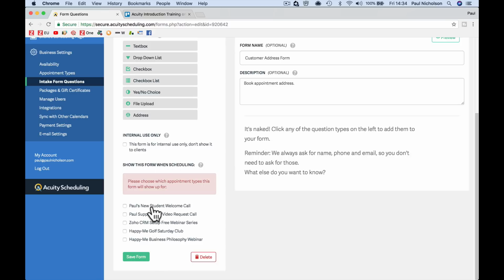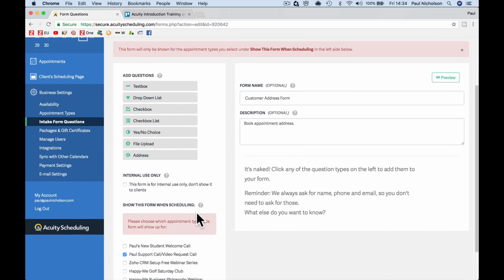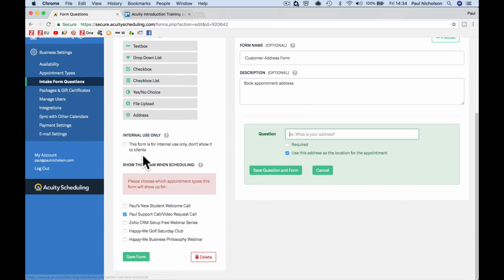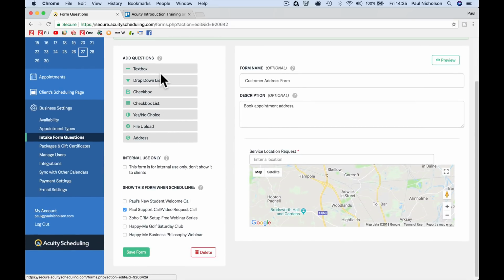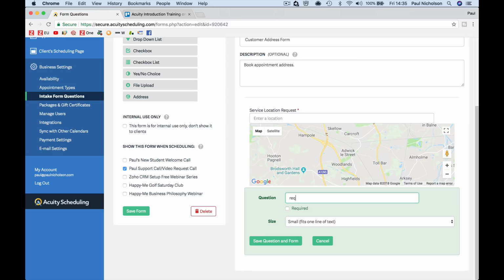So where's it going to show up? Which one of my appointments? I'm going to say it's going to show up on my welcome call. No, I'll do it on this service request. So I can add a block that says questions, required, service location request, required, use this as location for the appointment, save, and then I'm going to put in a text box,